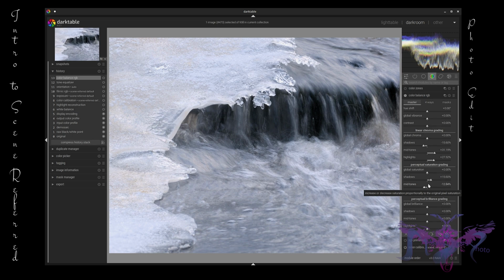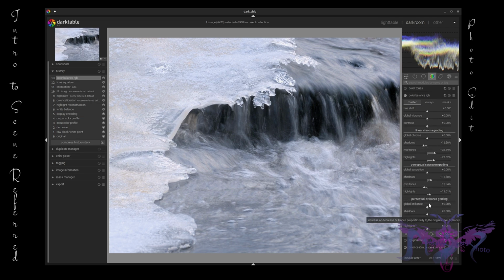If I wanted to do something, I was quite confident how I could do it. This is still new. I don't really understand the complexities of this scene referred, but I enjoy the results I get from at least a couple of